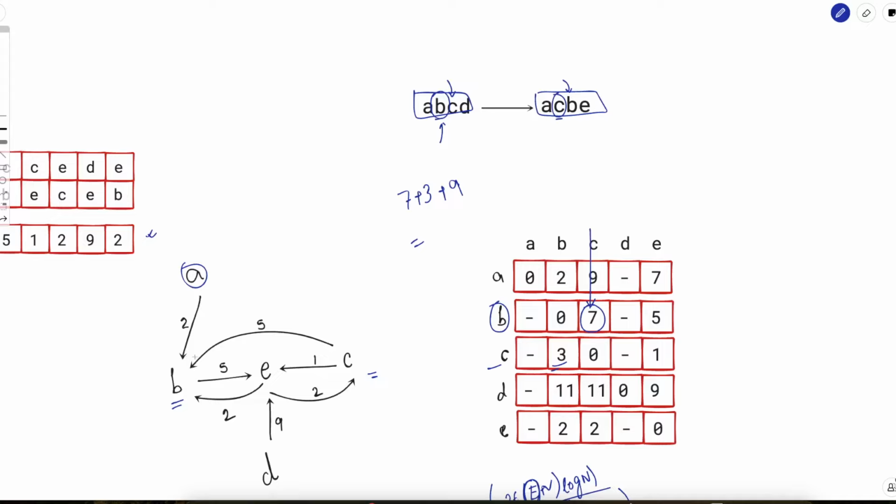Number of edges. In the worst case, this graph is fully connected. If it is fully connected, every vertex is connected to everything else, right? So the number of vertices in this graph is 26. So the maximum number of edges could be 26 square, of the order of 26 square. So this is the maximum number of edges, and if you compute it, it will be somewhere around 4